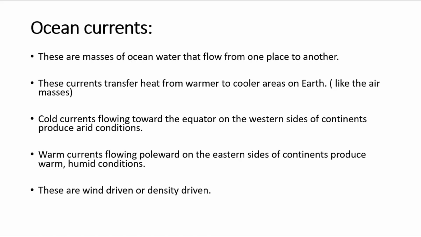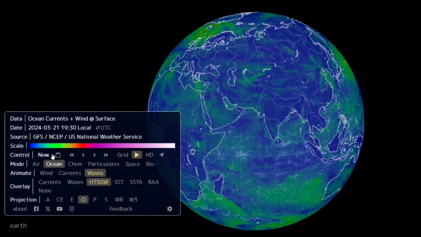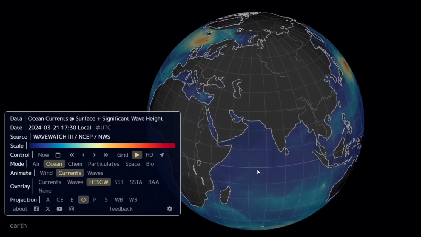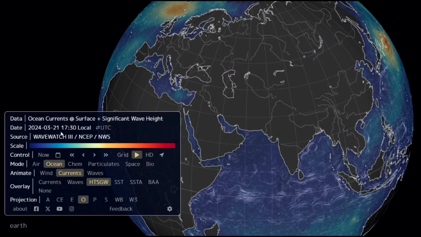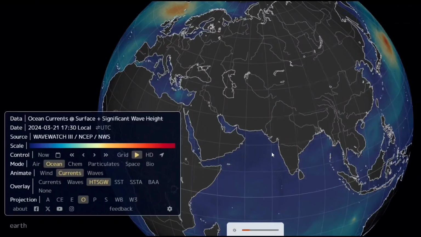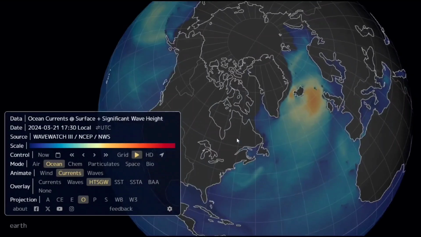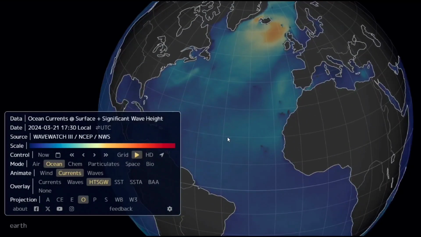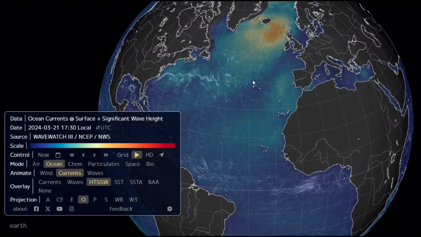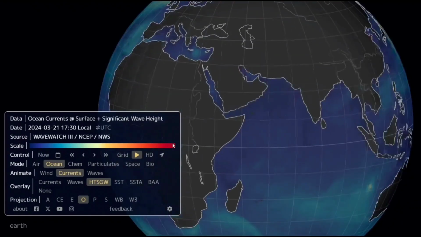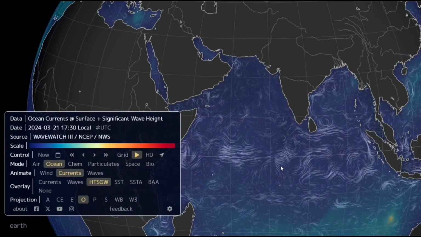As we have seen yesterday in the other class, I have shown you different things, the air patterns and all these things. So you see these currents. This is the scenario today. I have provided the date for today, which is 21 March 2024, and you see that the color tone will show the velocity of the currents. In the Indian Ocean you can see, or I will just zoom it for you.